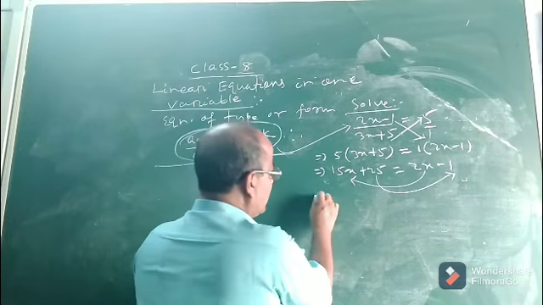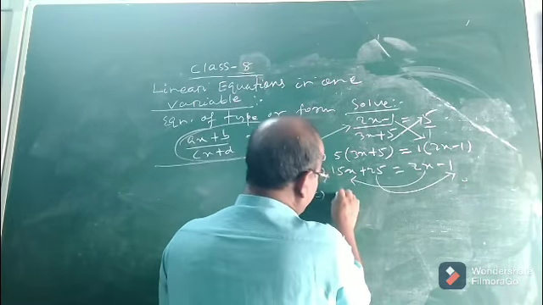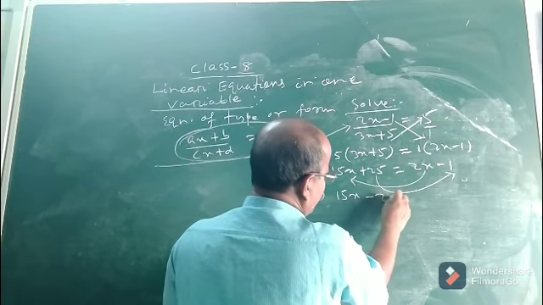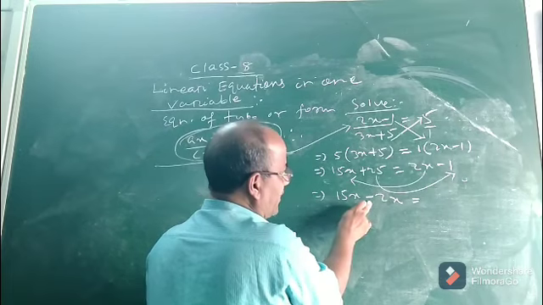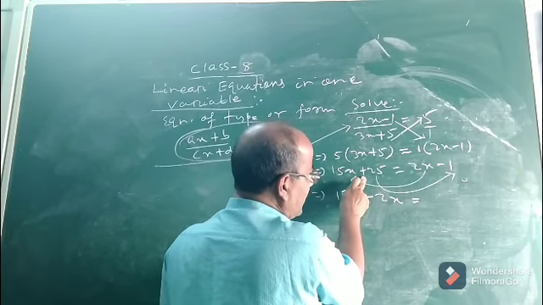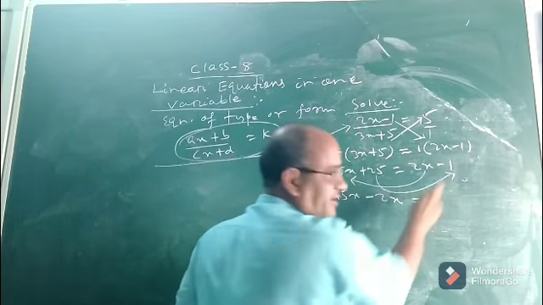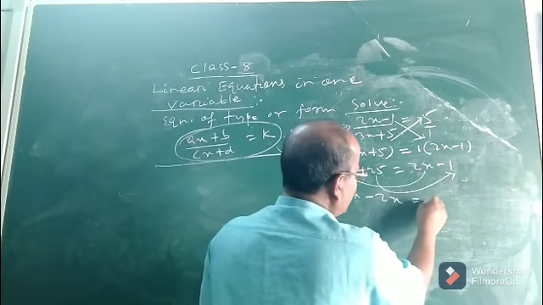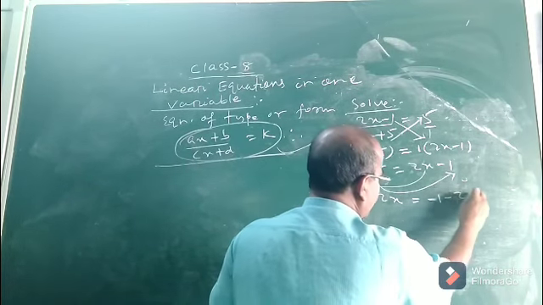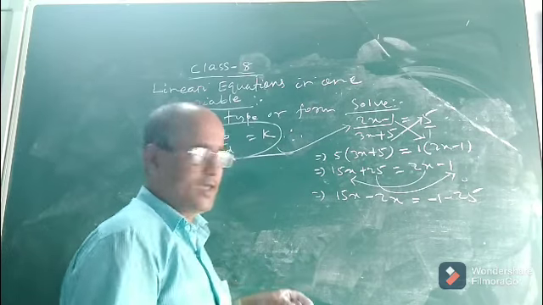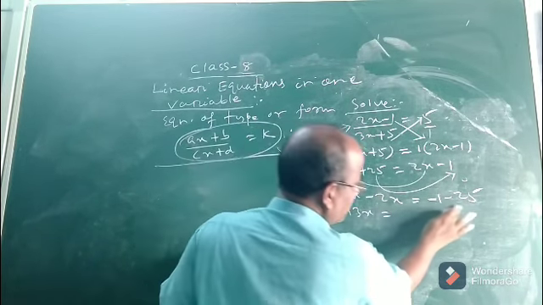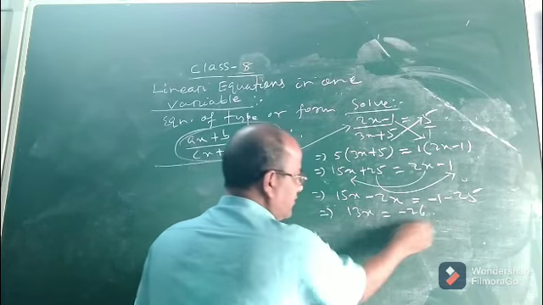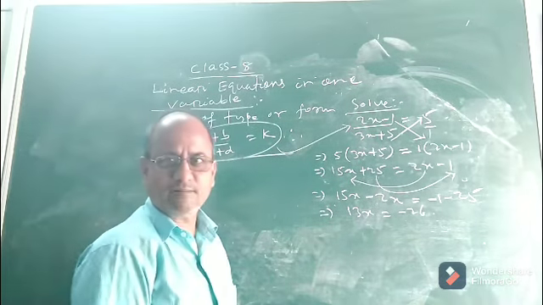Okay, see. So now on transposing, bring 2x to the left hand side: 15x minus 2x. Here it was plus; if it comes to the left side, it will become minus. Now look, 25 is plus on the left hand side, and if it goes to the right hand side, it will become minus. So I will write minus 1 minus 25. So 15x minus 2x is now 13x. This will be minus 26. Now you can easily find the solution by transposition.